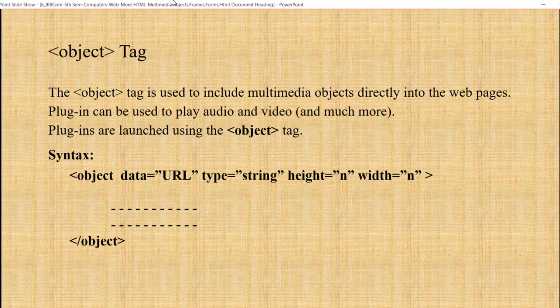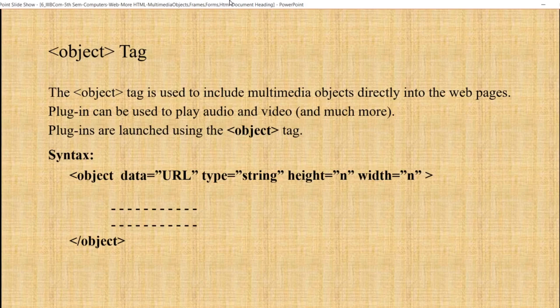How does it include them? The object element is used to support HTML plugins. What is a plugin? A plugin is a program that can be launched by a browser. Plugins can be used to play audio and video.